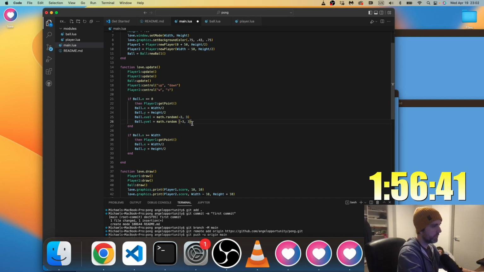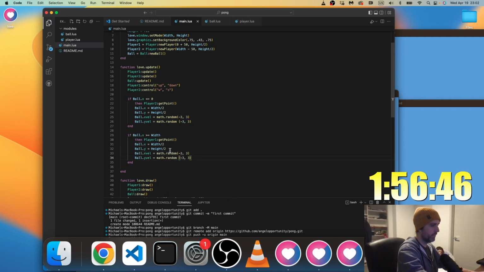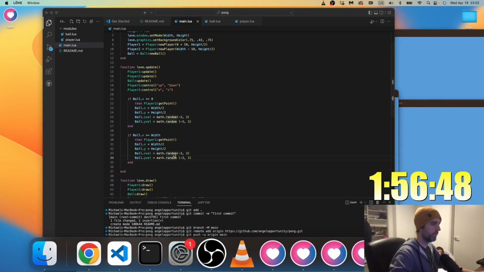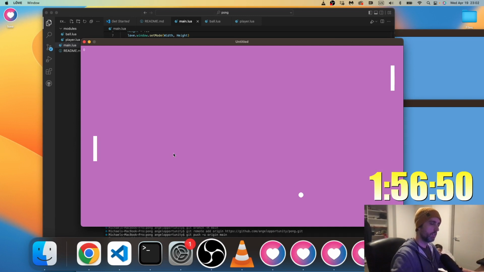This isn't going to work exactly because sometimes the ball will get stuck. See if it goes back to the middle. Yeah, that works. Score's working.